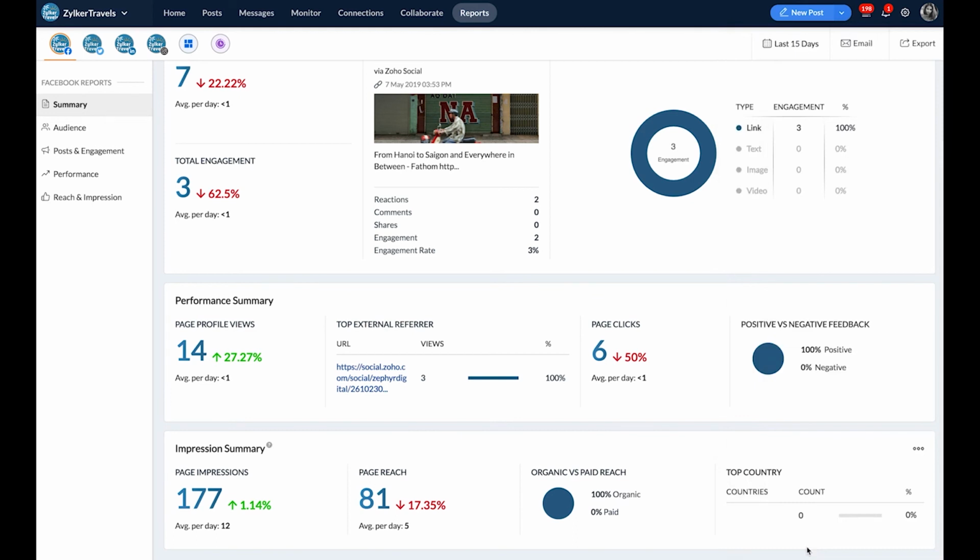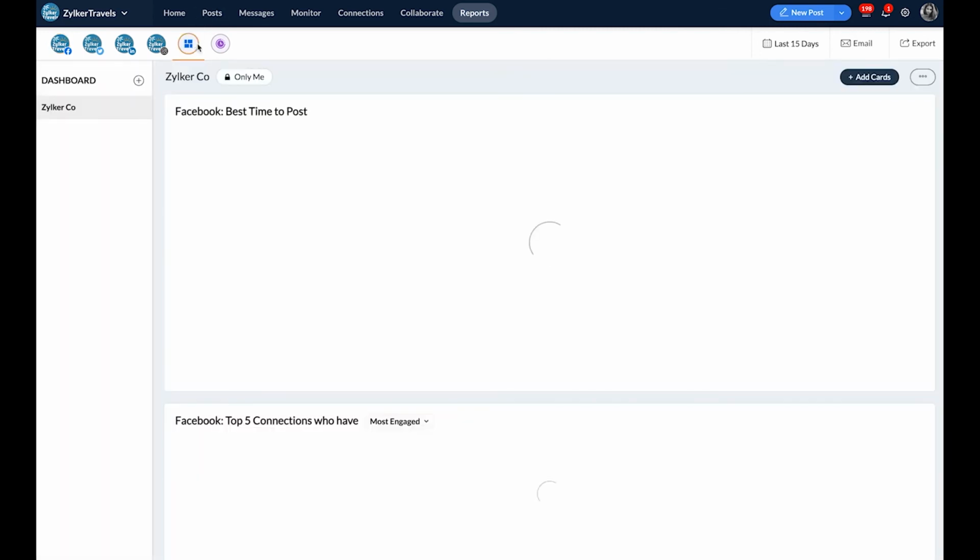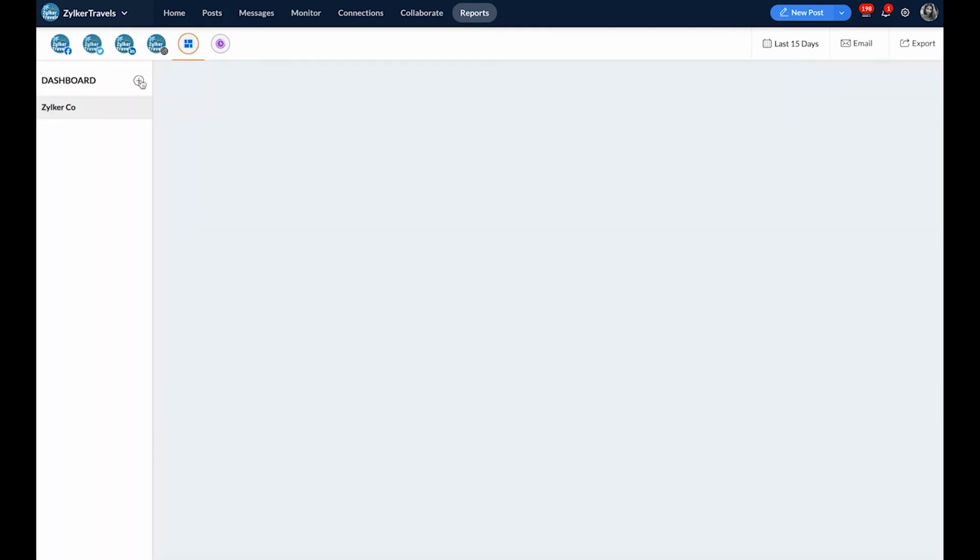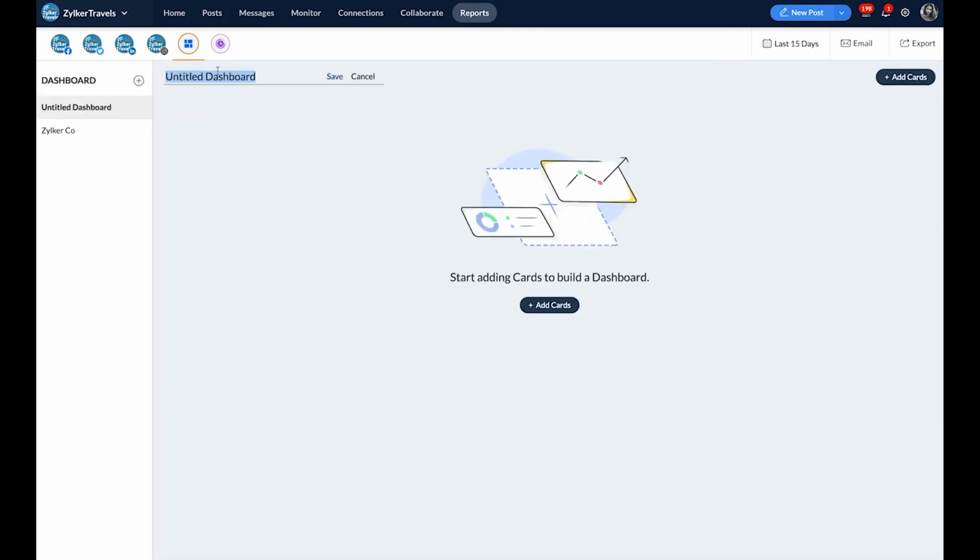You can also create customized dashboards to collate and analyze data across social channels. You will be able to add the different cards available for each network to your custom dashboard as per your requirements. To create a custom dashboard by adding various cards, follow these steps. Select the dashboard icon on the top bar of your screen, click Create a Dashboard, enter a relevant title,